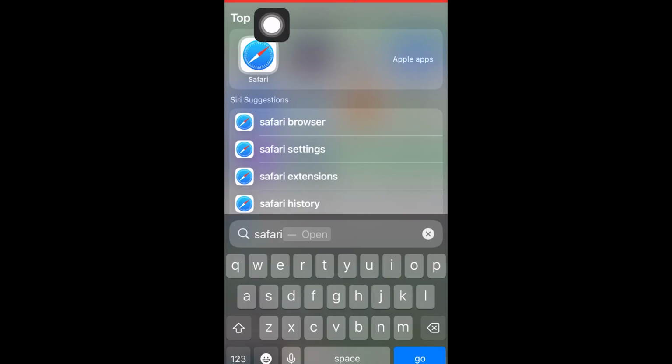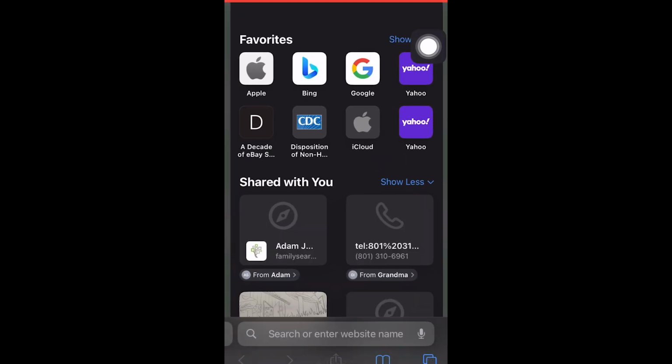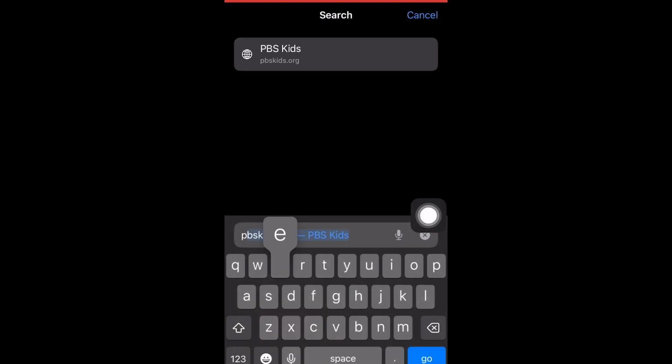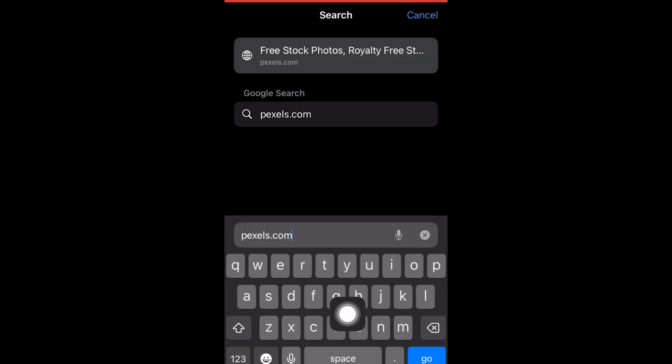The first step to download any video on any website or site is to click on Safari or your search engine or browser device. I'm using iPhone, but this will also work on Android, Windows, and Mac. In the search bar, you want to type in the following: .com. Basically, if we click go on the bottom right hand screen here, or you can click on the website